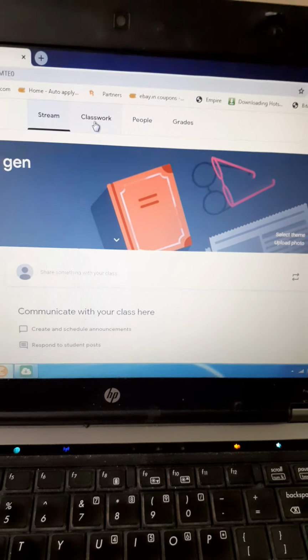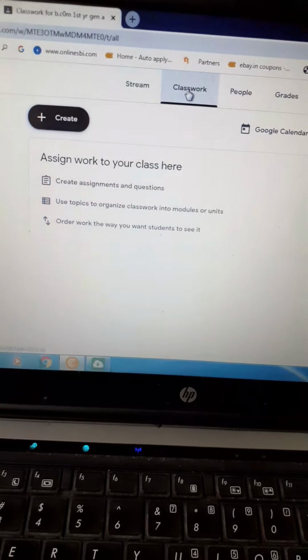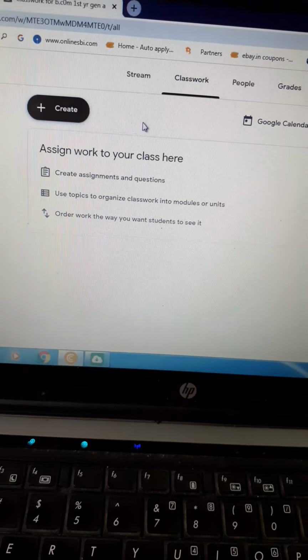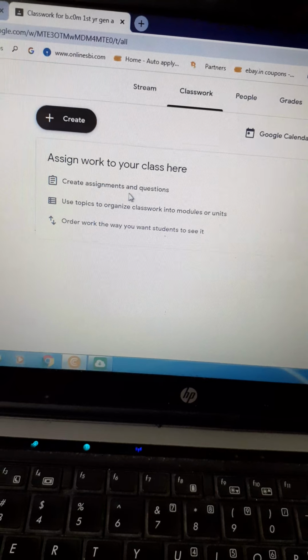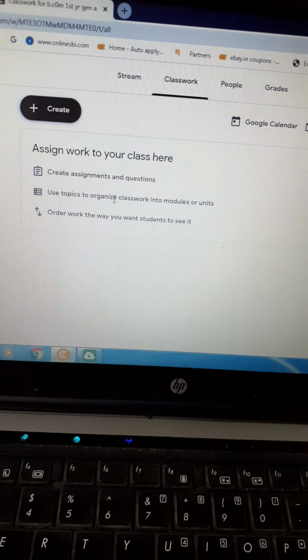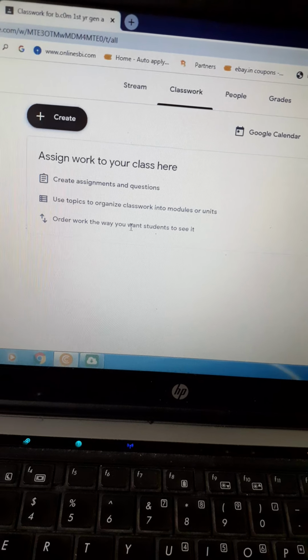The second option is classwork. Here in classwork we can assign work to students, create assignments and questions by clicking on this, and use topics to organize classwork into modules or units, and set the order of work for students to see.